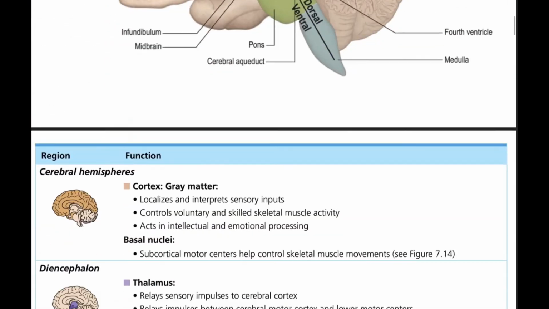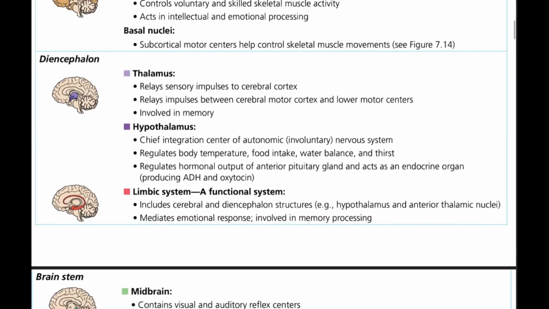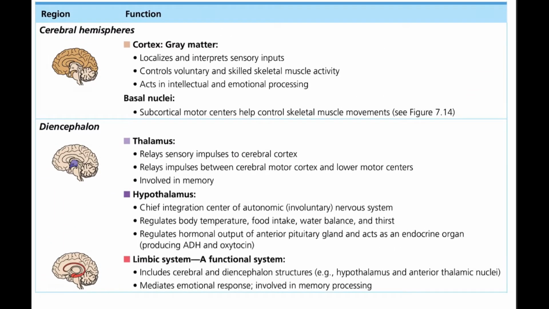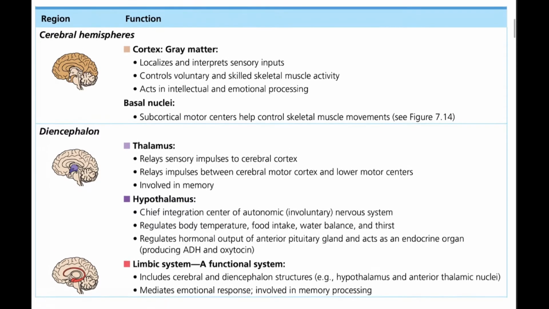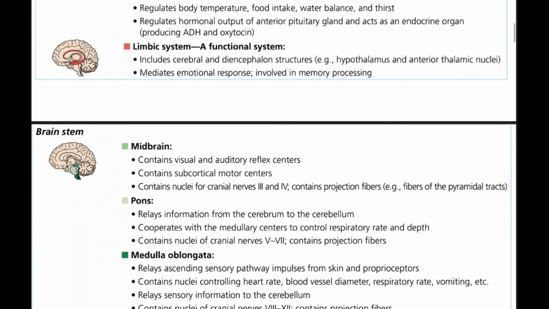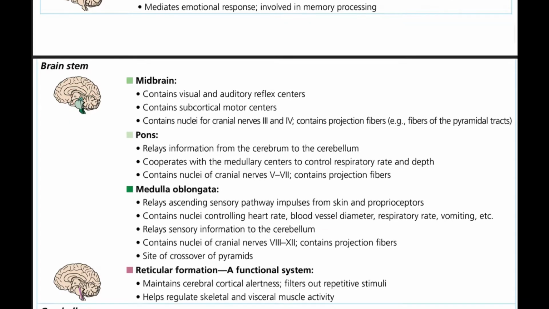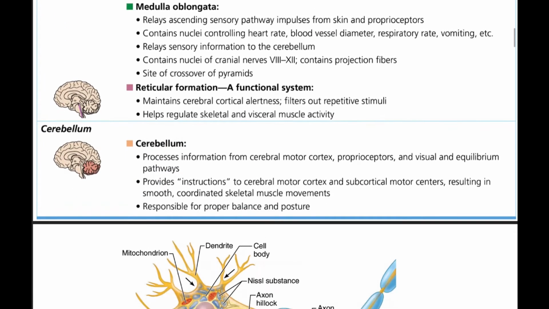So I have here the two slides. Please read it later. It has the location of the regions of the brain and its functions, and you have the cerebral hemispheres, this whole part, and you have the cerebellum here, and you have the brain stem. This whole part is brain stem. We will discuss a lot about that.